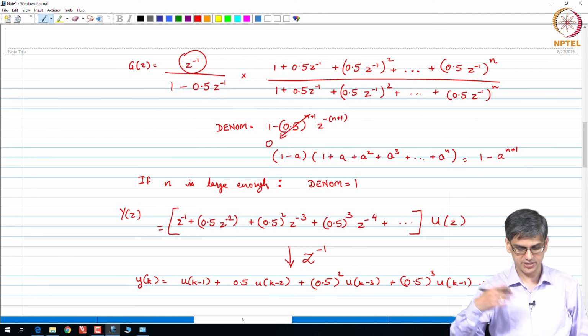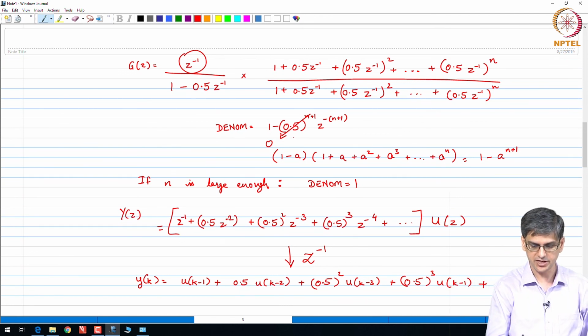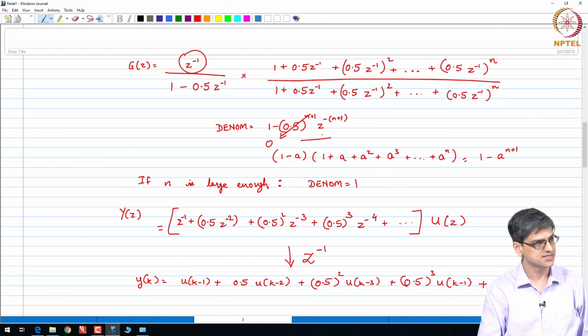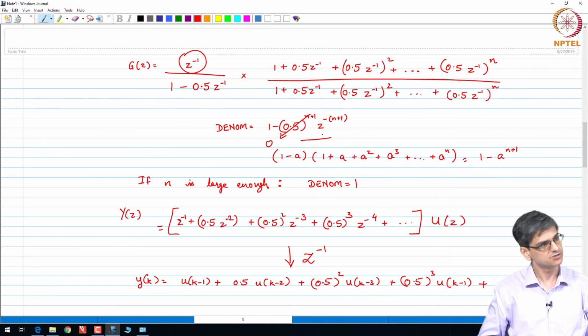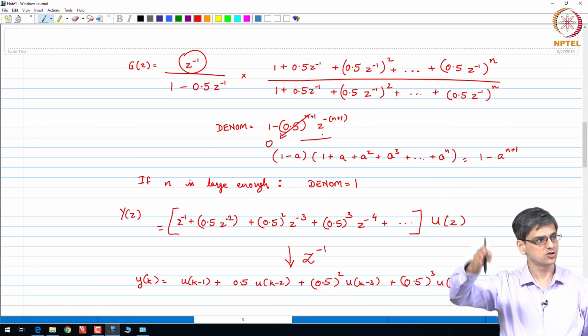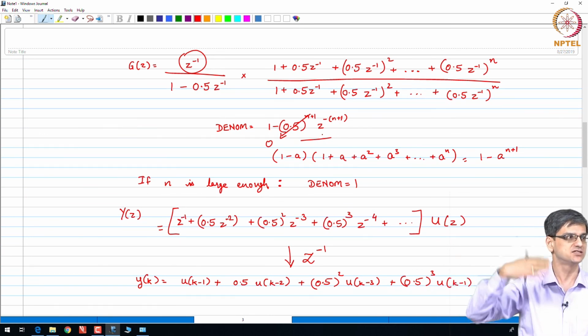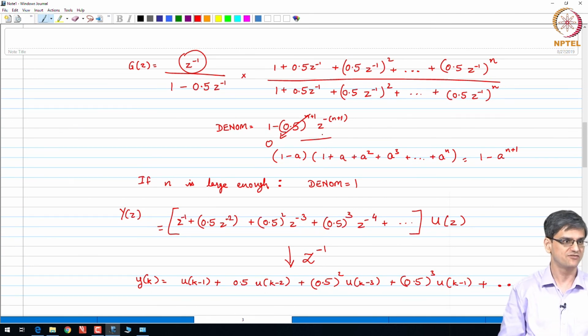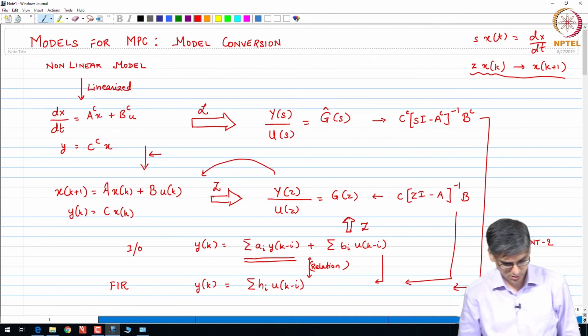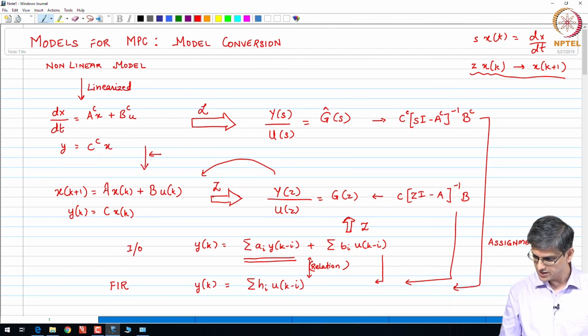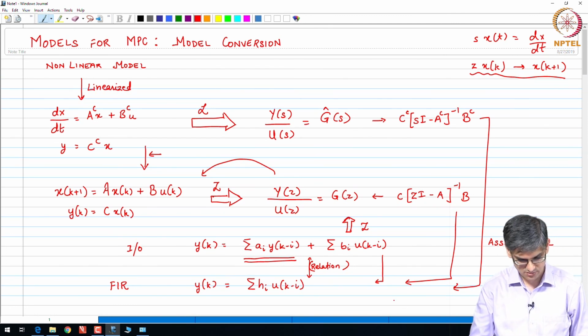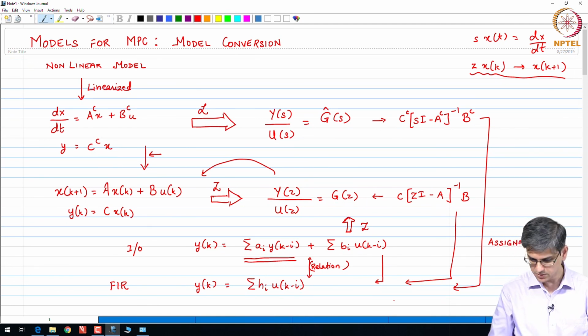So, again, for those of you who did not hear, the question was, in the denominator we ignored this term, yet we are still getting the exact same result. Why? The reason why we are getting the exact same result is because we ignored the same thing in the numerator also by chopping off the rest of the terms. So, although we do not explicitly think about the approximation that goes into FIR, that is the reason why it works. So, relation between IO and FIR done, a conversion from FIR to transfer function models done. Two more things left: from transfer function models to state space and from continuous time to discrete time.